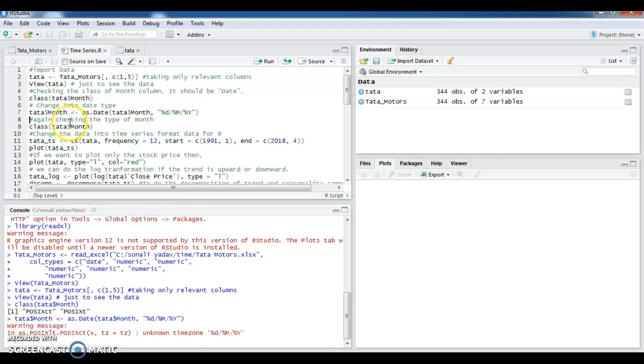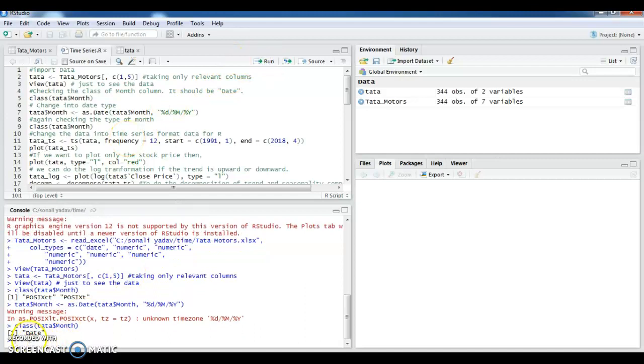So at this stage, you are again checking the type of month. How do you do it? The previous command that you put in command line 5, you repeat it here. So write class, start your brackets, Tata dollar month. At this stage, what am I expecting? I am expecting the POSIXct to convert and reflect as date for me. I run it and that's what R has done. So here you can see it is showing you date. So in inverted commas, it is trying to tell you now your POSIXct has been converted into date format. This is one achievement that we have received so far.